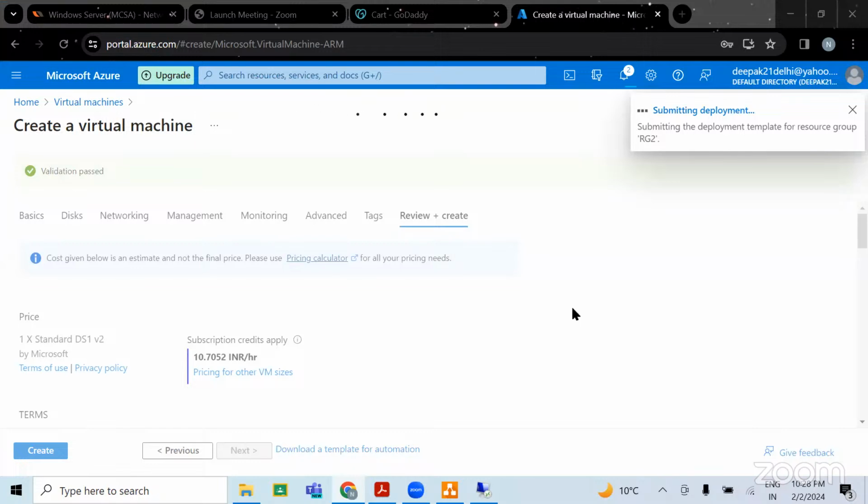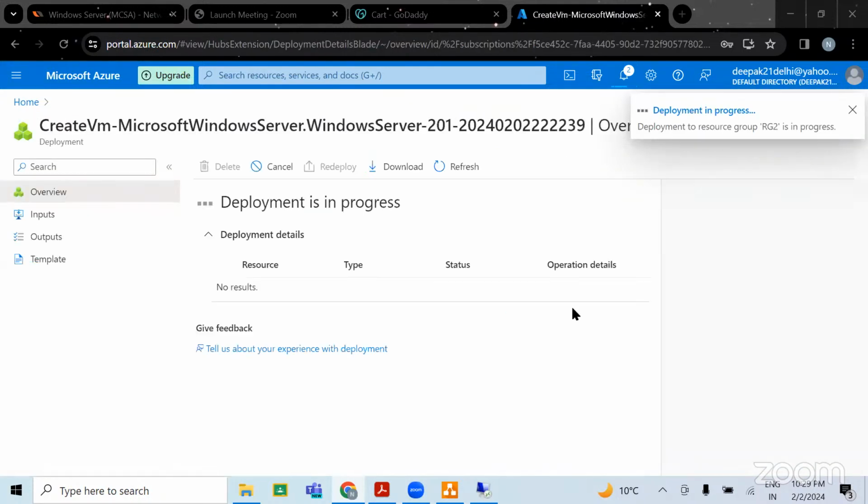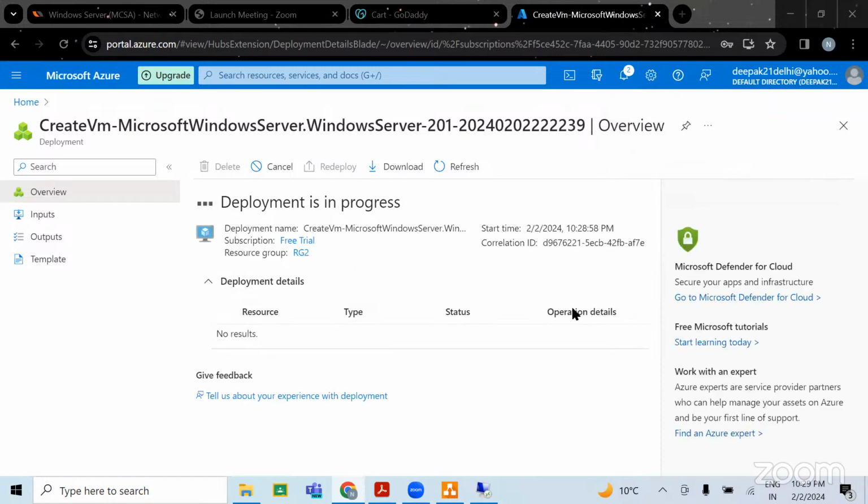Ajay, for 1 month, it is free. All right. By using your credit card, you can sign up on the Azure portal and you will be getting around $200. Okay, so for 1 month, it would be free.